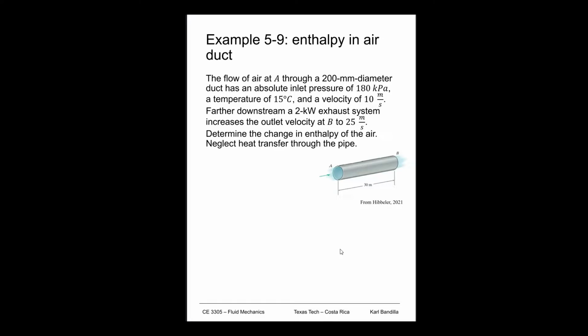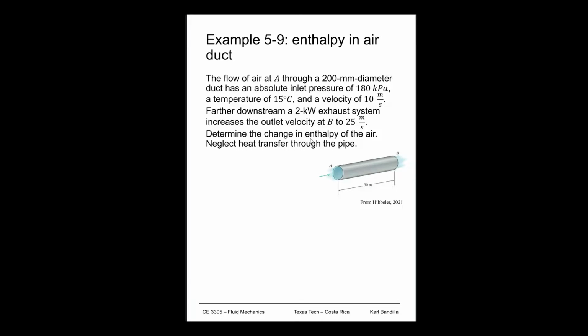This is example 5-9, enthalpy in an air duct. So we're given this circular air duct here, given the diameter of 200 millimeters, and we're given the inlet pressure and inlet temperature and even the velocity. And then we're told that farther down we have an exhaust system that increases the velocity at B to 25 meters per second. Now this exhaust system basically acts like a pump in our system,